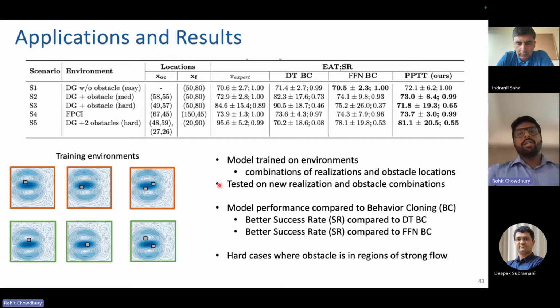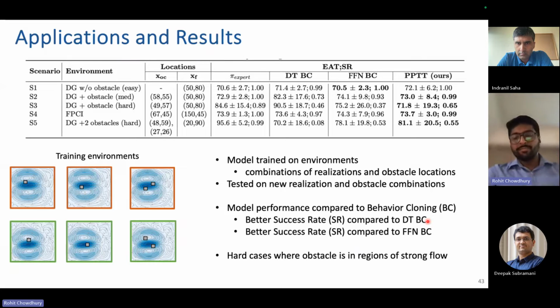So essentially what we do over here, once again, we evaluate the performance based on the expected arrival times and the success rate as well. So success rate is what percentage of time were you actually able to reach the target. And the comparison is done with both the expert trajectories and some other models like encoder-based models and just simple feed-forward networks based on behavior cloning. And we see that more often than not, our model does, in terms of success rate, perform a lot better